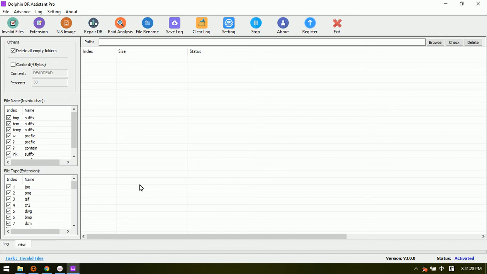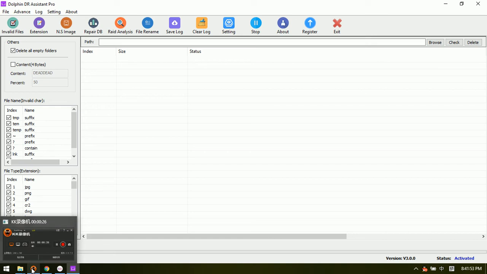Hello everyone. Now this video will teach you how to use the Invalid Files software module. So this is the Invalid Files for the Dolphin Data Recovery Assistant Pro. And this software module is very helpful. In many cases, we can get folders like this one,